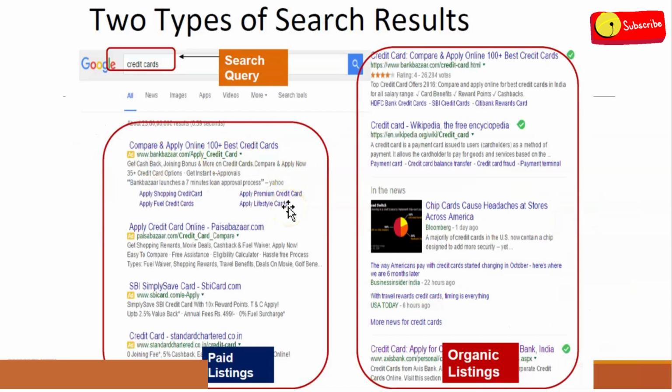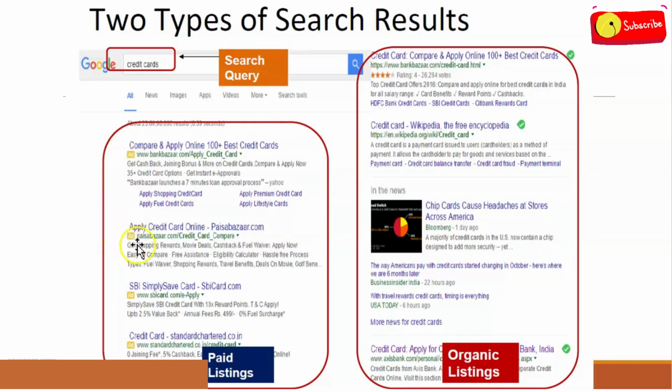Next we have two types of results. For example, if you do a search query in your search engine, say a query of credit card in your Google search engine, you can get two types of results. One is paid, another one is organic. If you have a paid result, then you can find this highlighter here, Ad.